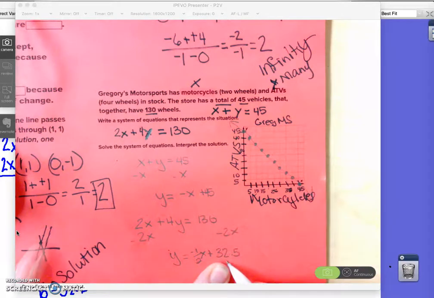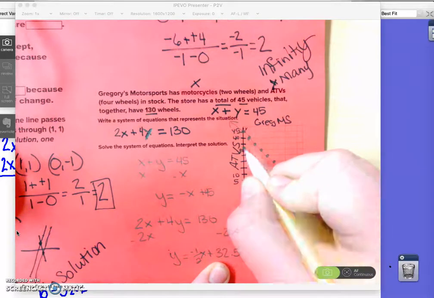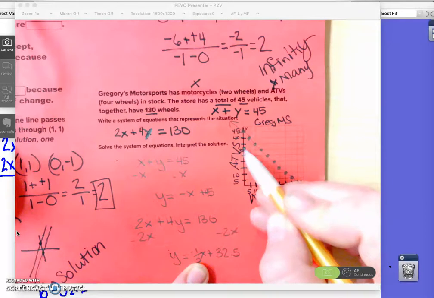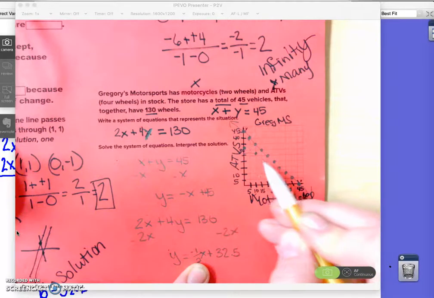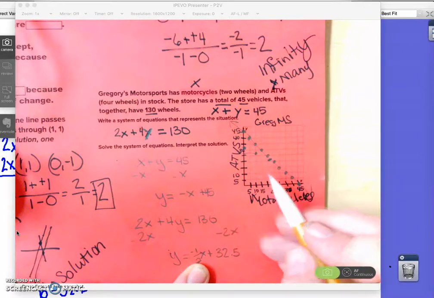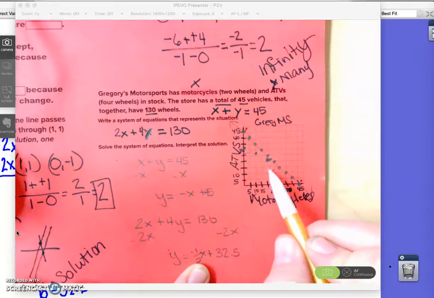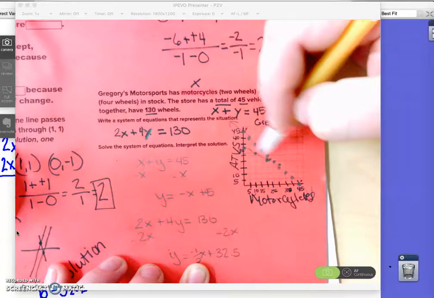So here, this is x. I would start at 32.5, about right here, and I would go down 1, right 2. So if I start about here, I would go down 1, right about 2, down 1, right about 2. No, this is going to go here, down 1, right about 2. So if I draw this line here,